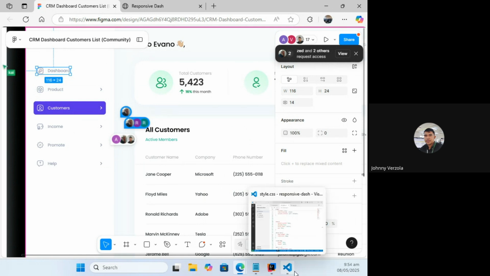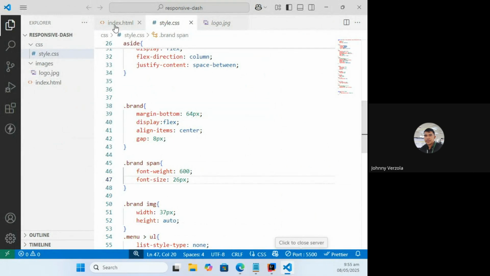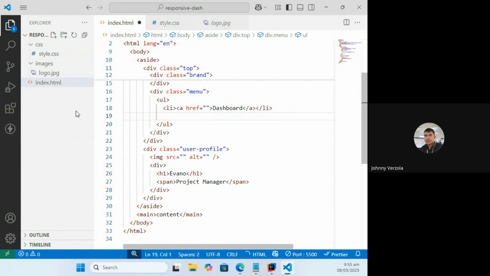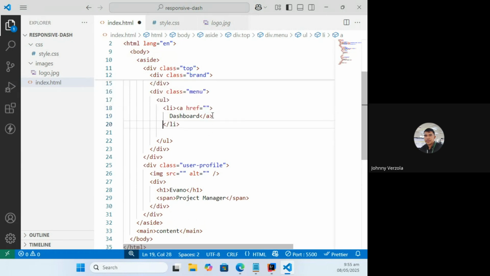So the first thing that we're going to do is alter our markup so that we can accommodate the components that we see there. I'm going to remove this one. I'm just going to work on a single item. You call this a menu item. And then we're going to replicate that when we are done with the overall markup. So we just have to make it this way. We can include it. Okay, the icon can be included inside the href.